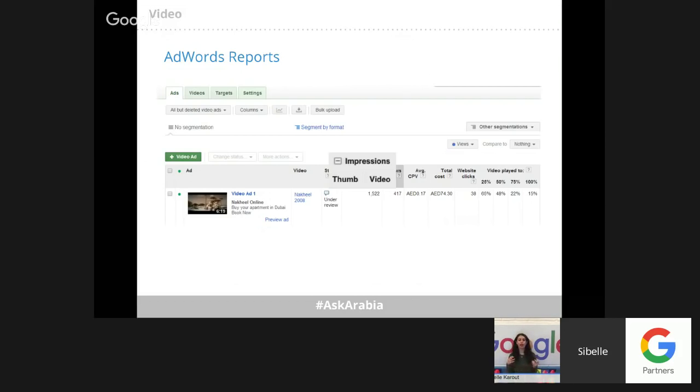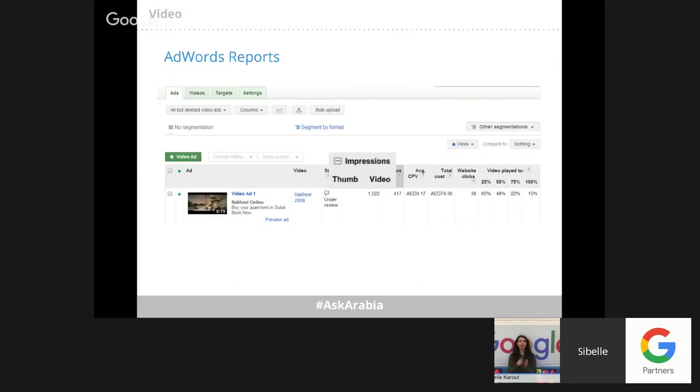As well, website clicks. So how many people from the people that watched your video or saw your video actually clicked on your ad to go to your website? It will give you information about that. As well, it will provide you with a measure of the percentage of your video that users watch.